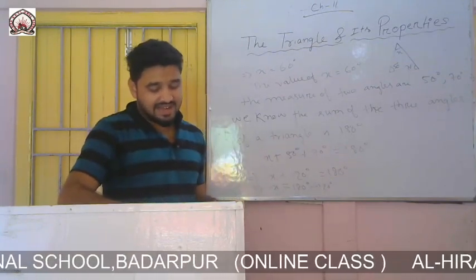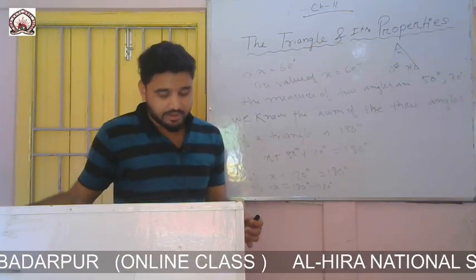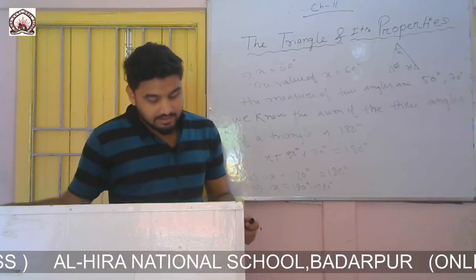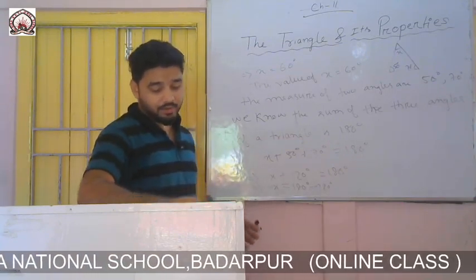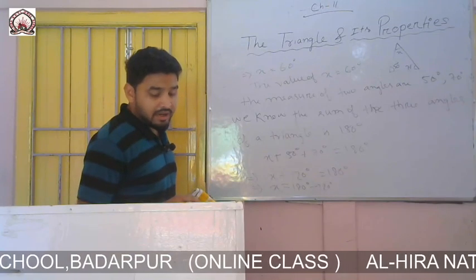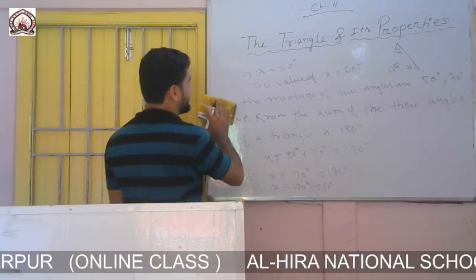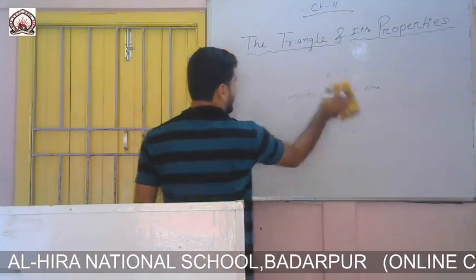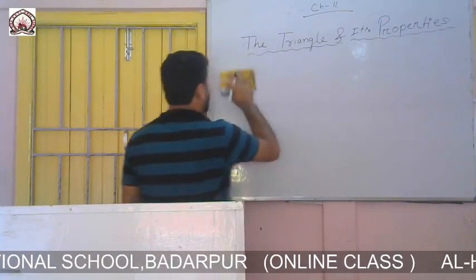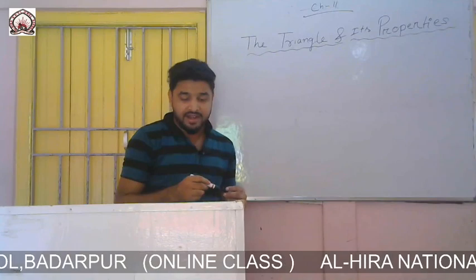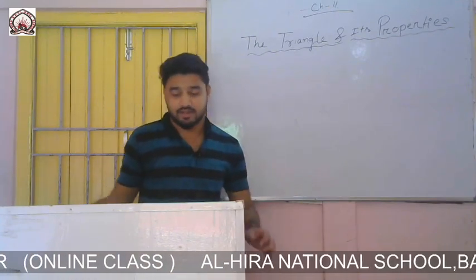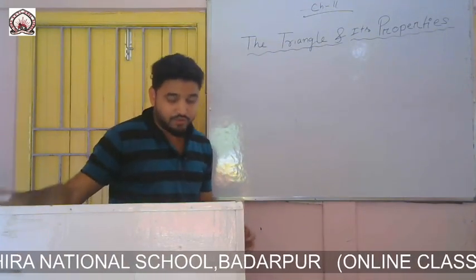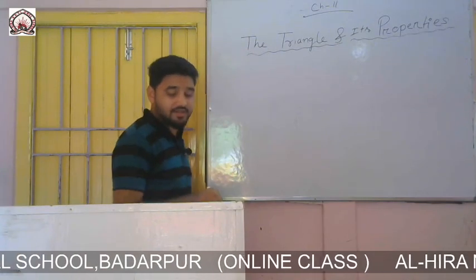Number 2 is exactly like number 1. You can do it at your home, and if you cannot solve, then you just call me, I will help you. Now come to question number 3. In question number 3, you see we have to find the measure of the 3 angles. The measures of the 3 angles are not given. In place of angle it is given x, x, x. So for that reason we have to find the measure of the 3 angles.